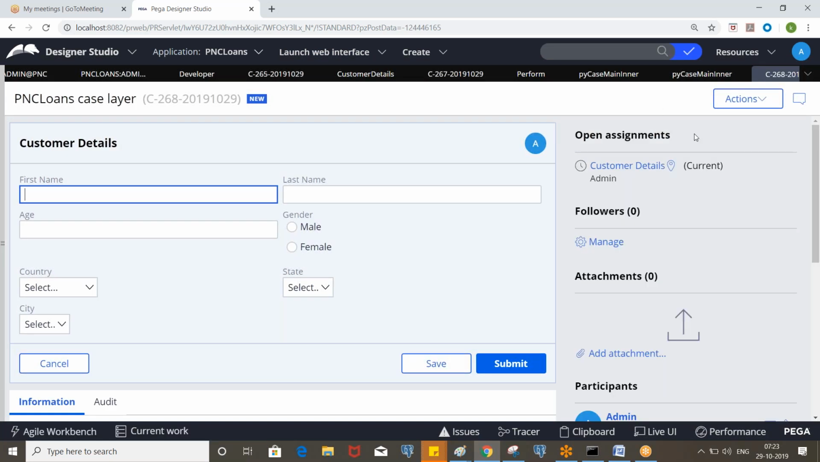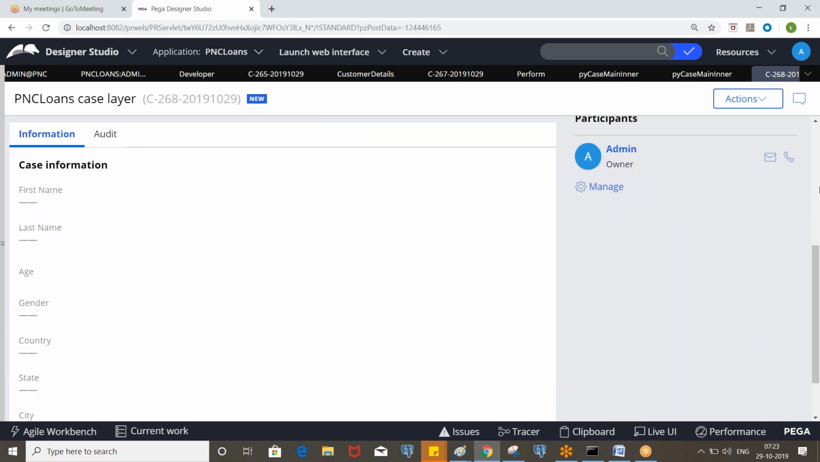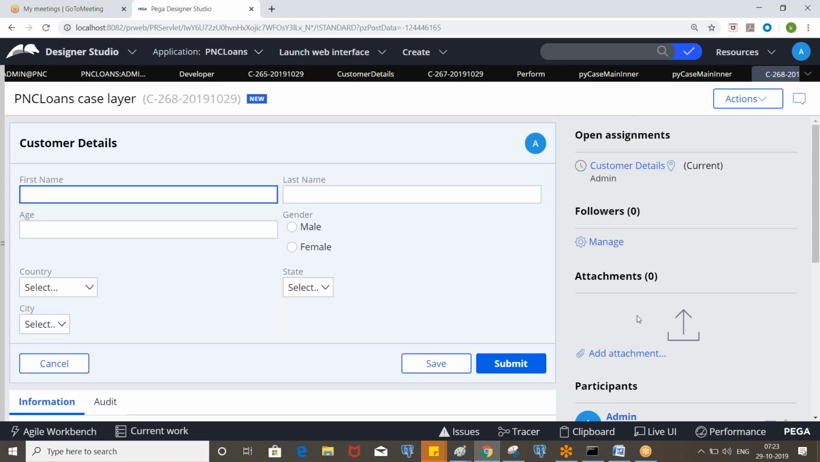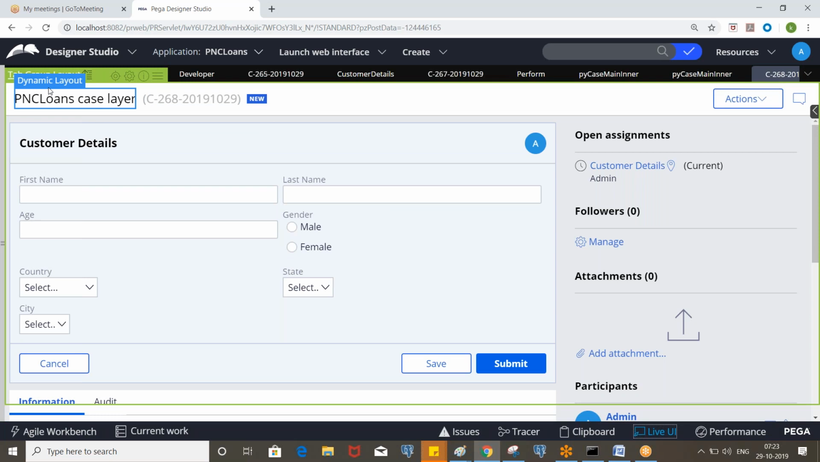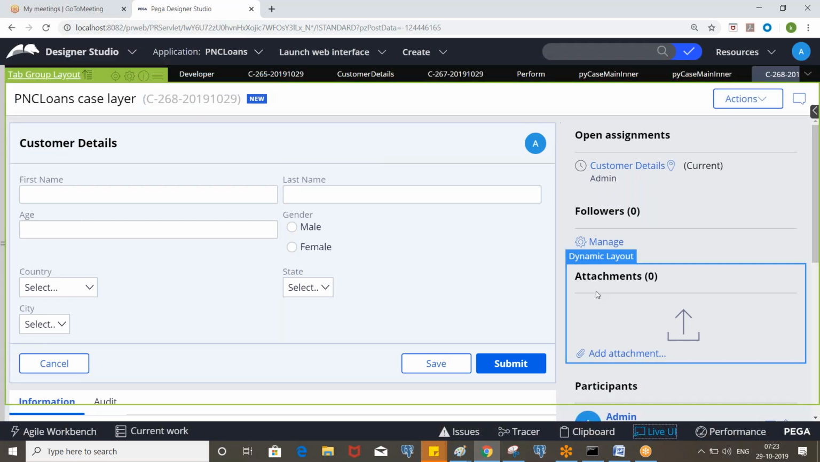So you don't see the case details because we have removed it from the corresponding section, okay? Likewise, you can customize it. Let's say the customer asks you to modify, for example, they want to change this header. So you need to identify which section is behind this, something like py case header, right? And so you open this